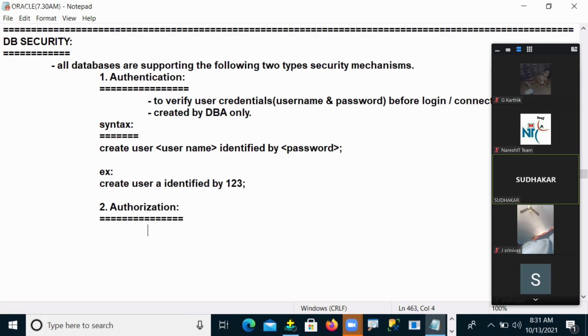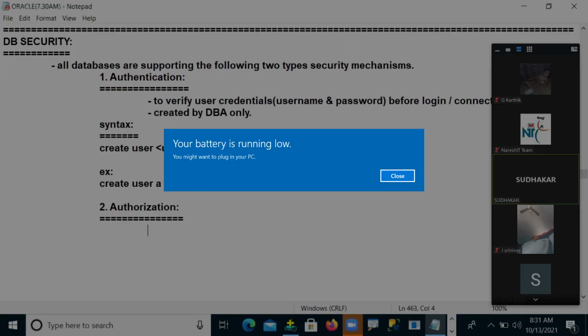But after logging into the database, what is your next requirement? To do some operations. But whenever you want to perform operations, it's not like I can directly perform them, right? If I want to do operations over the database, that user requires authorization permissions.